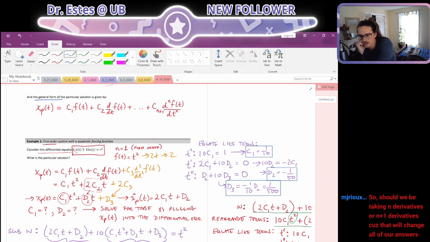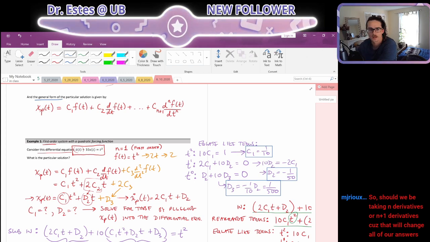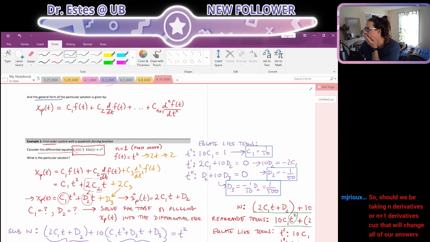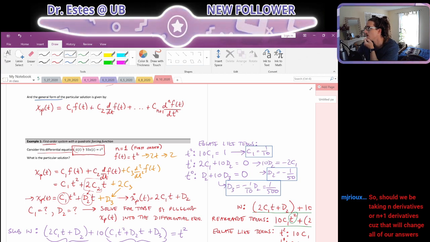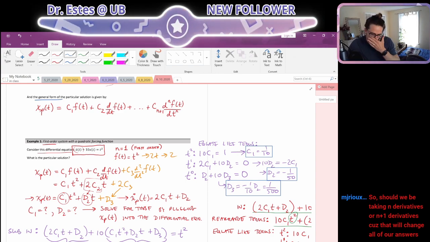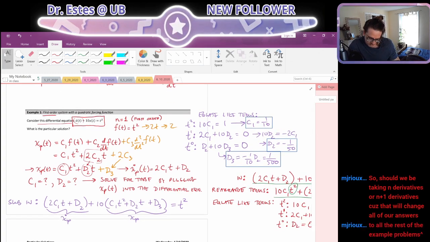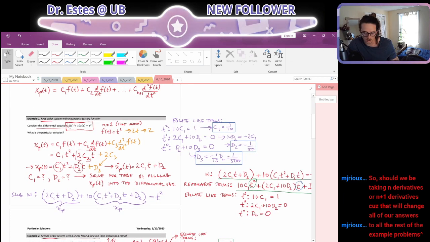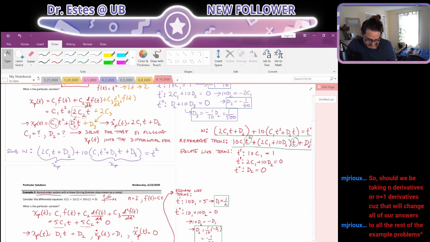Because that will change all of our answers. Maybe it really should be n plus 1. But I don't think it'll change these example problems,